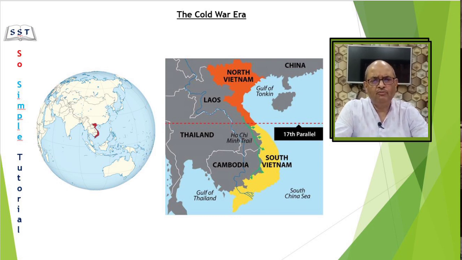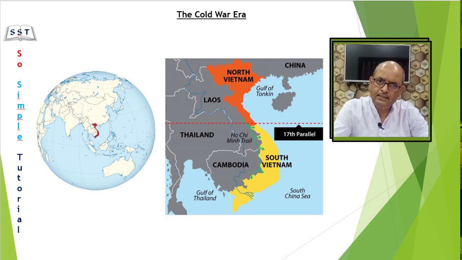So the Vietnam War was fought mainly in South Vietnam between whom? US-backed government forces and Viet Cong guerrillas supported by North Vietnam and Soviet armaments. This war was, you can say, a proxy war of the Cold War era. But in the later years, the US got directly involved. This made Vietnam a center of the Cold War. The war finally ended when the US troops left Vietnam in 1975. Next,